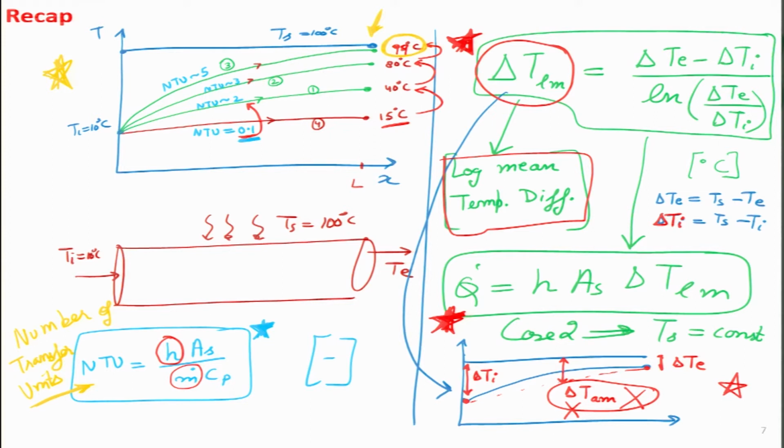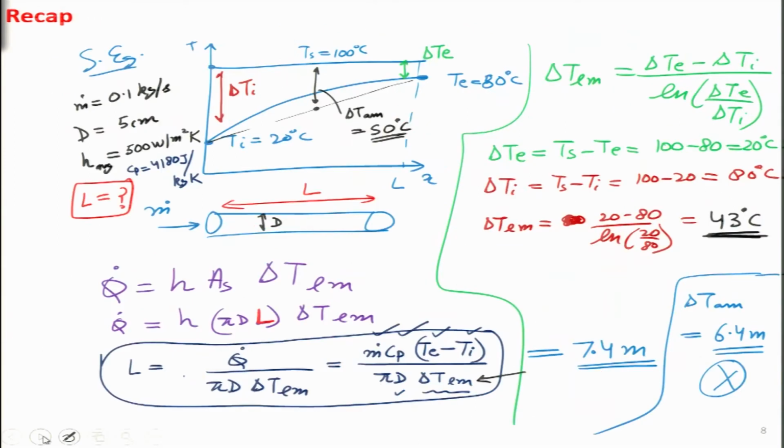Then we had also figured out this change in temperature delta T. Instead of using delta T average, we had figured out a term known as the delta T LM, which is the log mean temperature difference, and whose relationship is given over here. With this particular delta T, we had figured out that in order to calculate the heat transfer rate for case number 2, where the surface temperature is constant, we can actually use delta T LM very nicely. And I think we have done one solved example based on that over here.